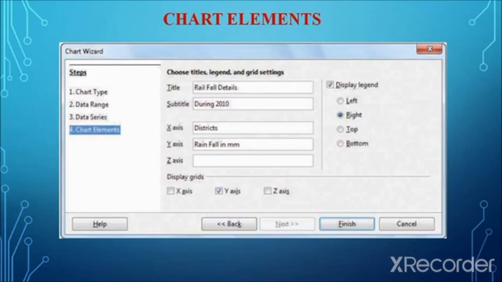For example, if the chart is for mentioning the highest mark holder, the user can type the highest mark holder in the title box. Automatically the title of the chart will be displayed. Like that, the user can add or modify the labels of the x-axis and y-axis. After selecting all these, the user has to click on the finish button. Once the finish button is clicked, the chart will be prepared for the selected data range. So this is how the user can insert a chart for the selected data ranges.